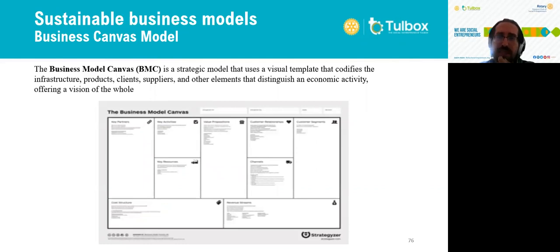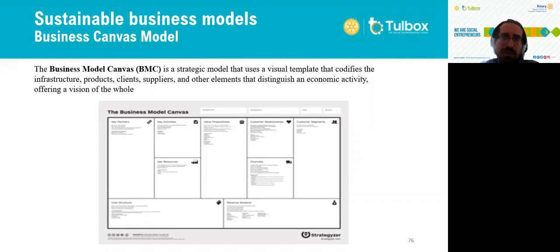Of course, for each business that you are running, you need to design a business canvas model. The business canvas model can be very useful for designing a value chain that is sustainable. It is a tool that is used in classical business, but that can also be very useful for better understanding and better designing a sustainable business.